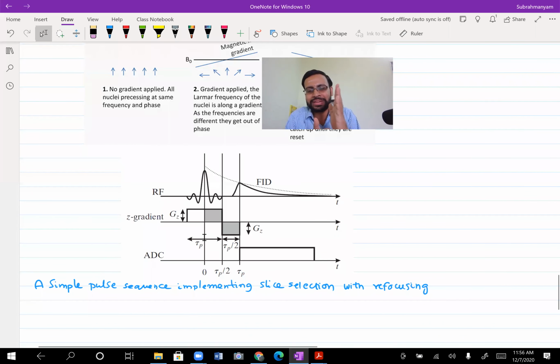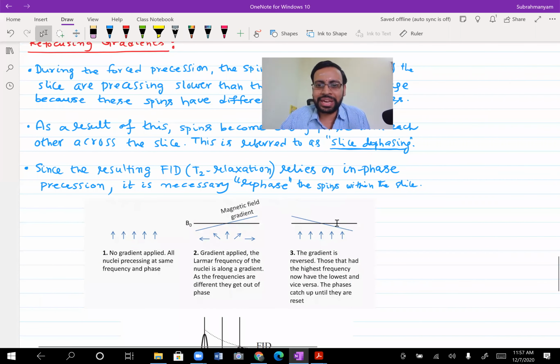When this dephasing happens, we would need to go to the Bloch equation, but it is sufficient to understand here that your RF signal picks the maximum value when it reaches half of its value, and that is the point at which dephasing would happen. To bring them into phase, if you keep on applying it forever, this would again cause dephasing, because now it's equivalent to applying Gz in the opposite direction. A similar effect would come if the earlier one on the right-hand side is moving faster. Now the left-hand side would be moving faster, but you would end up again with dephasing.